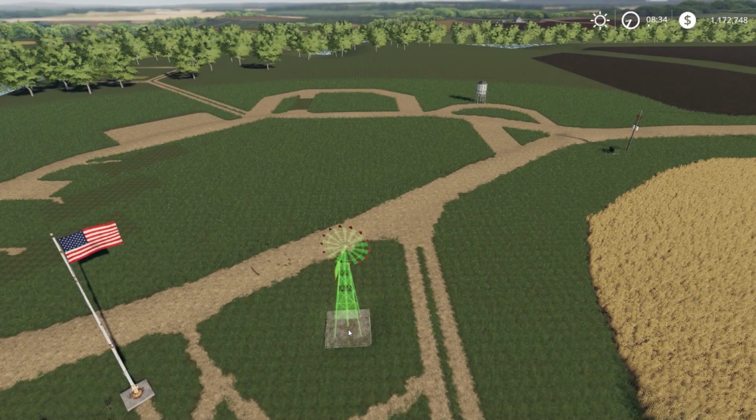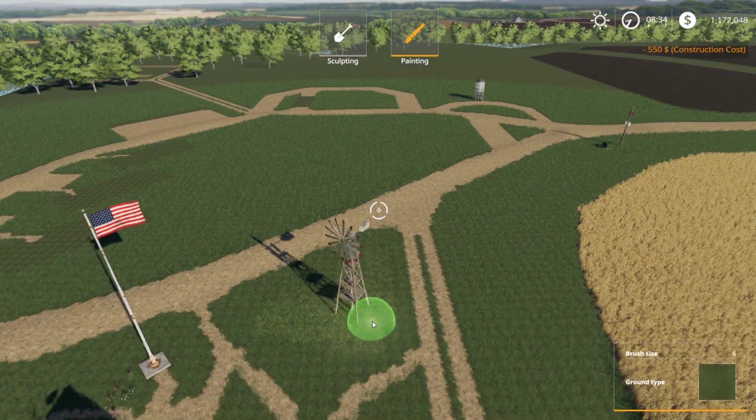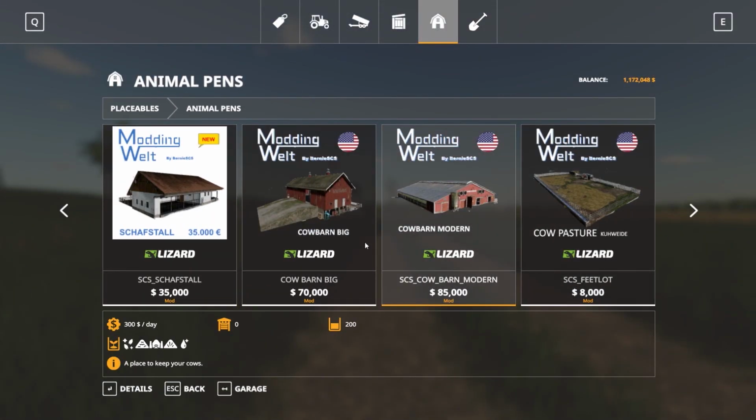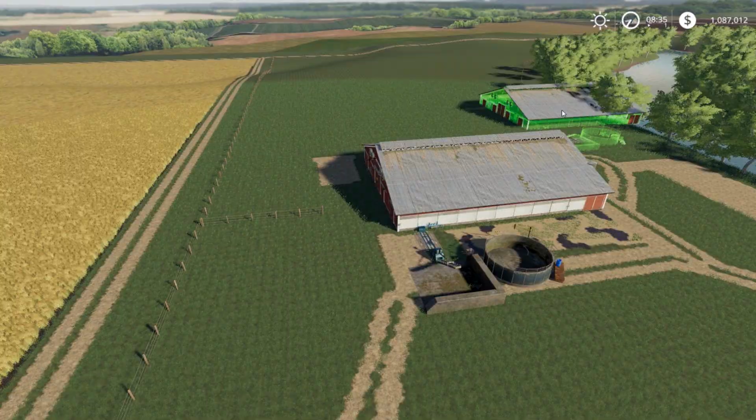So you can see I put the house in straight away. Put in a windmill to match sort of the wind direction from the American flag just there. Having a bit of a look around, working out where I can put things. Decided to go with a big modern cow barn up this area,